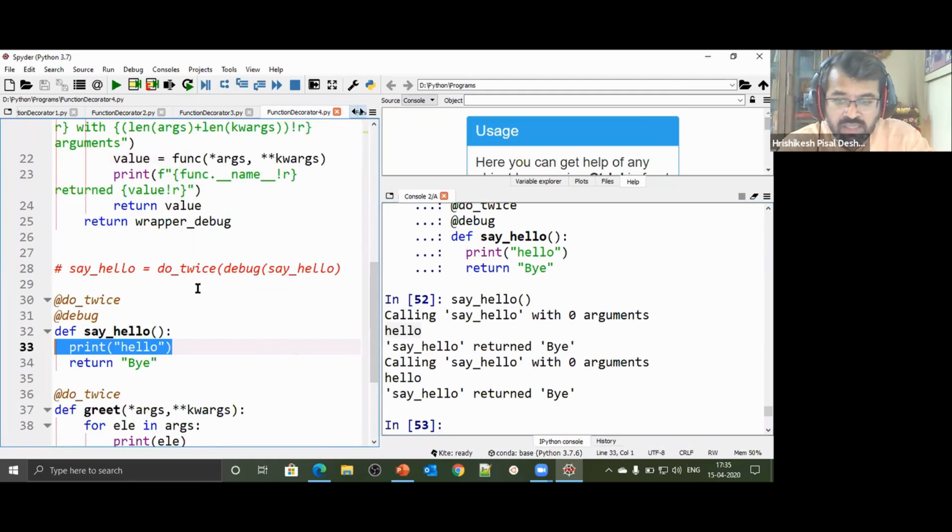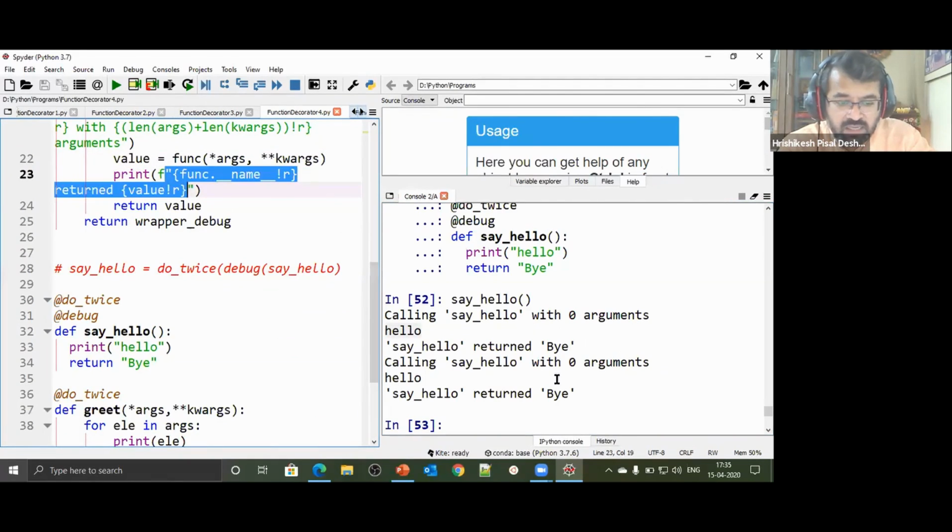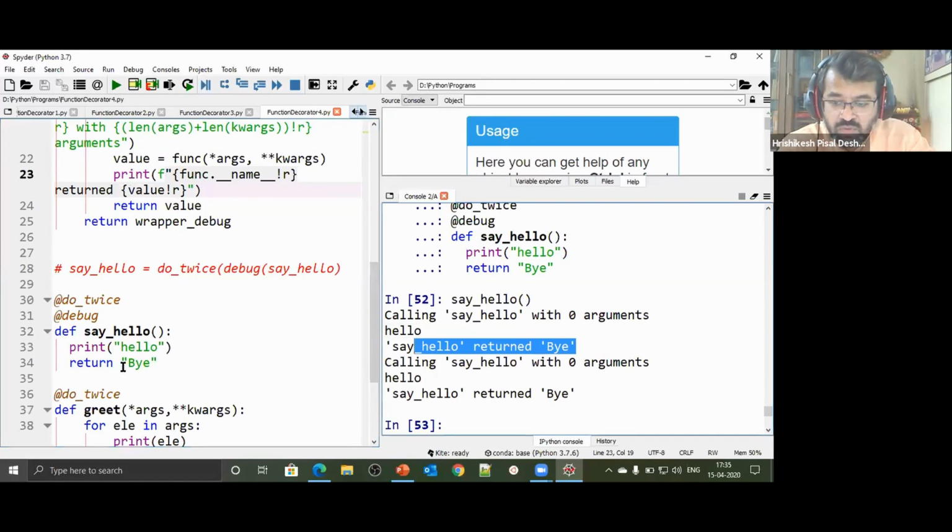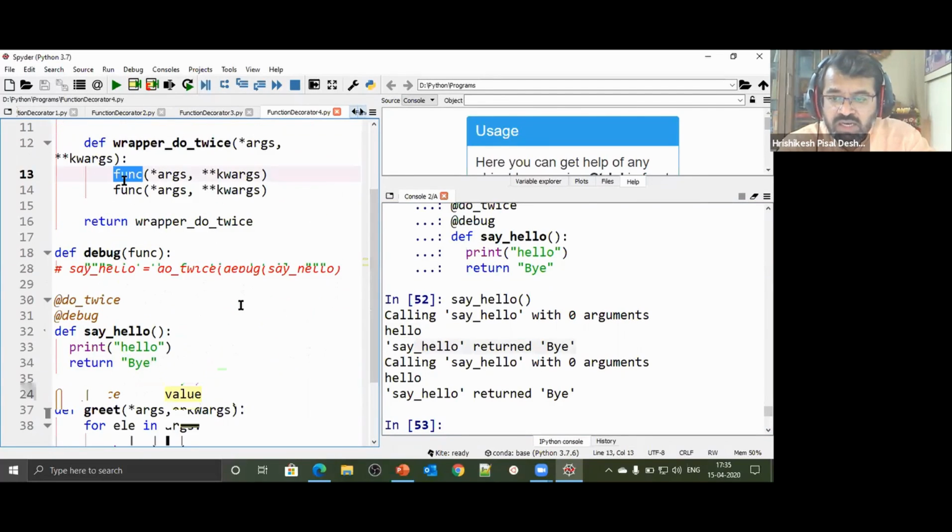Hello print होने के बाद this particular function returns by got stored here. So मैंने print किया कि by आया है, but जो by return हुआ, ये value यहाँ से return किए, this return value went over here and has been lost. That was not printed in this wrapper do twice.